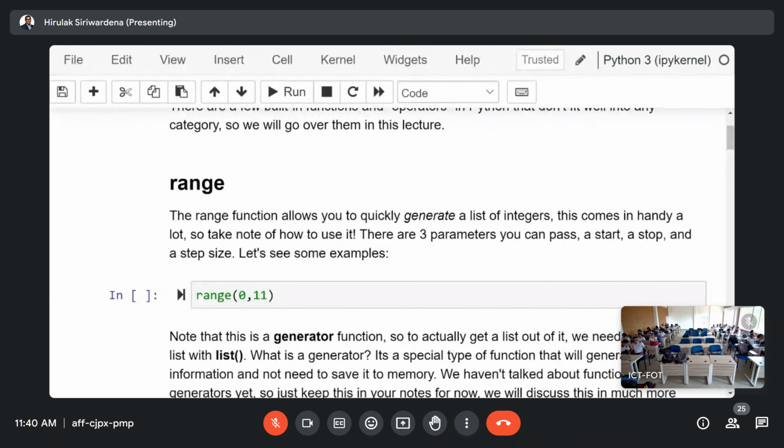One very frequent and useful operator that we will be using is this range operator. So instead of creating or generating a list,